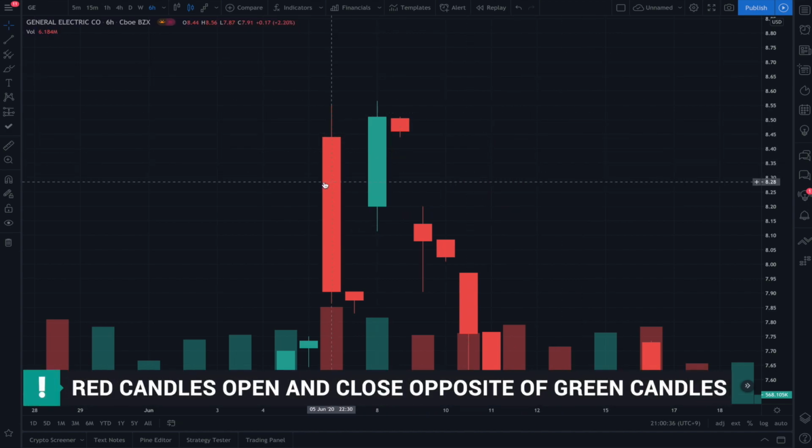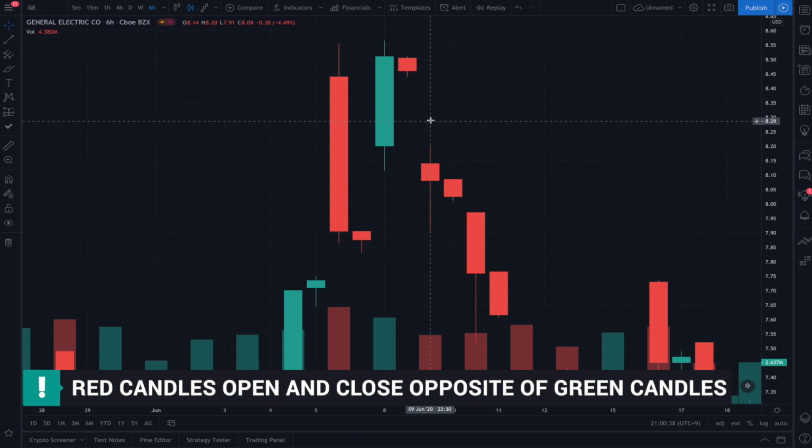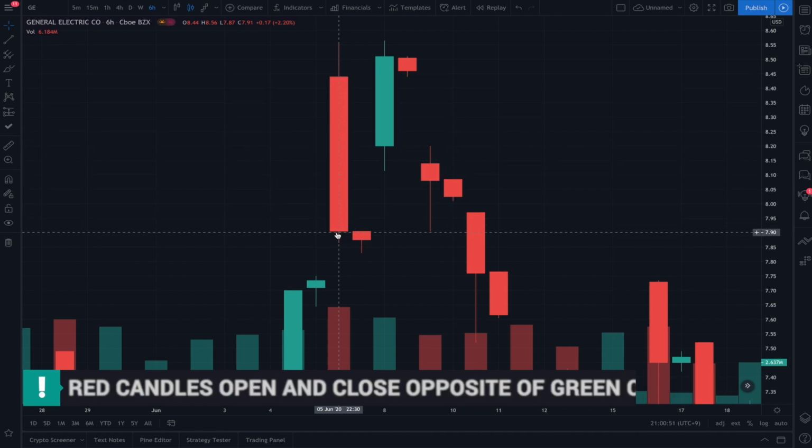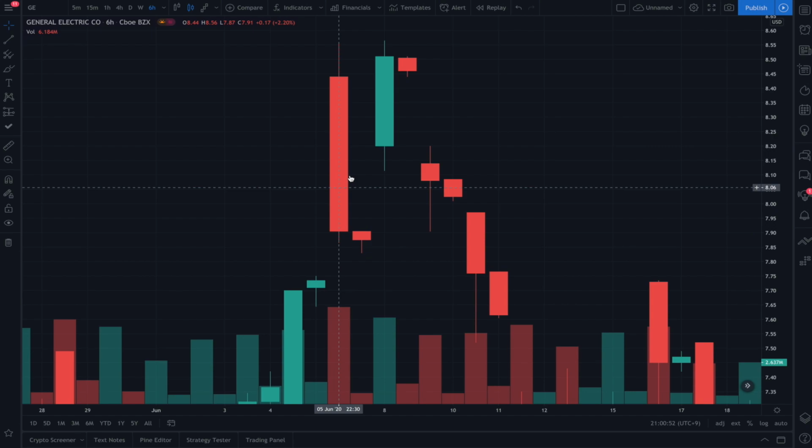The red candles are the opposite of green candles. Opposite as far as the open and the close. We read red candles like this: open at the top, close at the bottom. When we look at the prices for these candles, looking at the upper wick, upper body, lower wick,